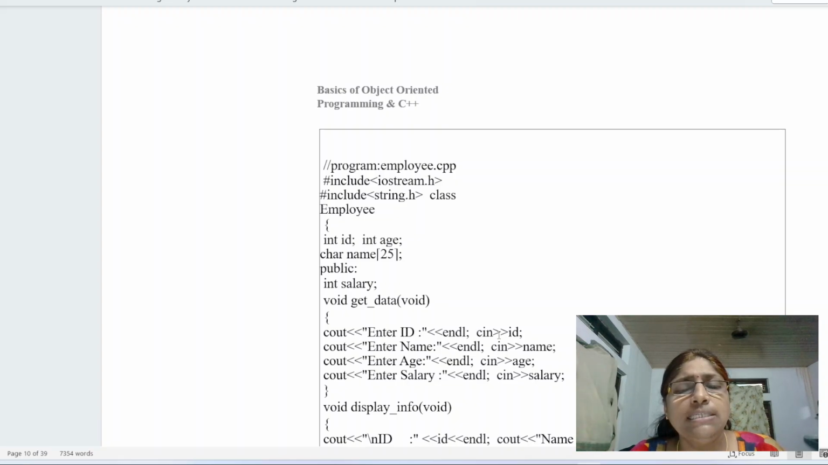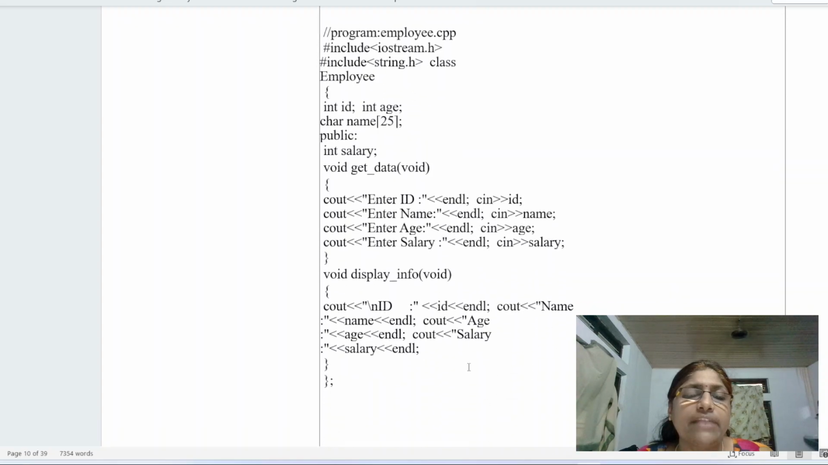cout insertion operator enter id, endl, cin extraction operator id, cout insertion operator enter name, endl, cin extraction operator name, cout insertion operator enter age, endl, cin extraction operator age, cout insertion operator enter salary colon, endl, cin extraction operator salary, void display_info(), opening the curly bracket, cout insertion operator new line and new id, insertion operator id, endl, cout name endl, cout age endl, cout salary endl,